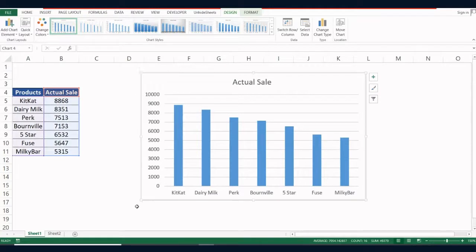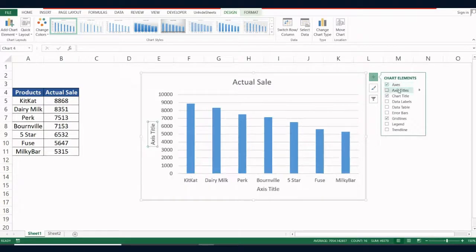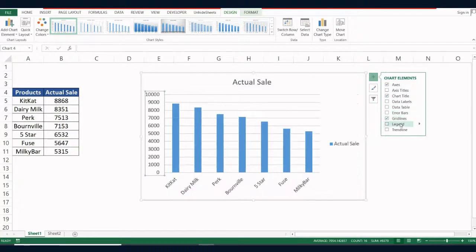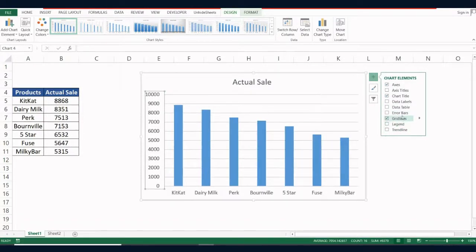Whatever you can see inside this box area are all chart elements, like chart title, grid lines, bars, x-axis, y-axis. So these are some common elements within the chart. If you want to see more elements, you can click on this plus sign, and you can see that there are multiple chart elements available. When you are hovering your mouse on these options, you can see what changes are appearing on my screen